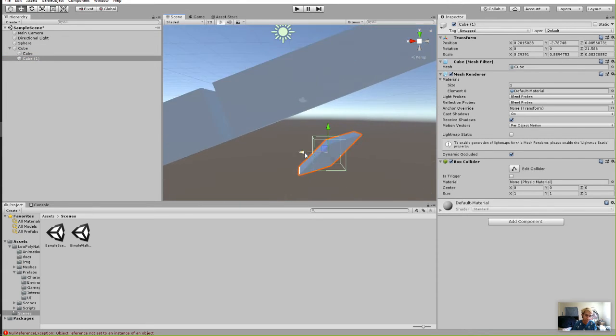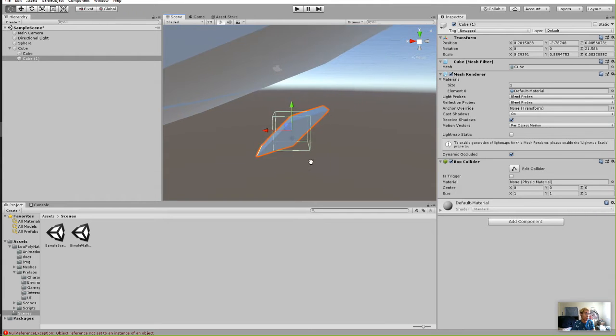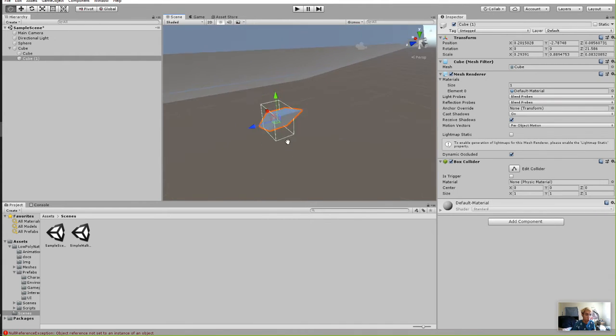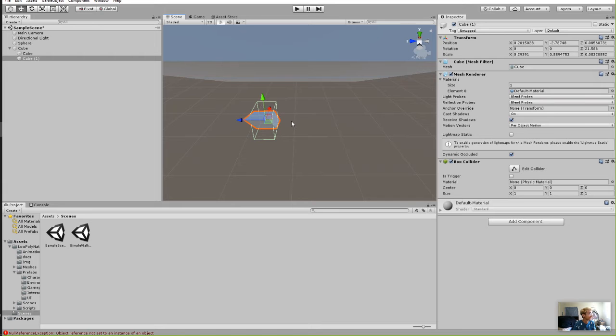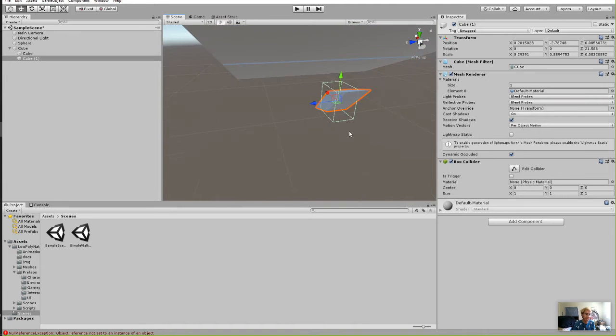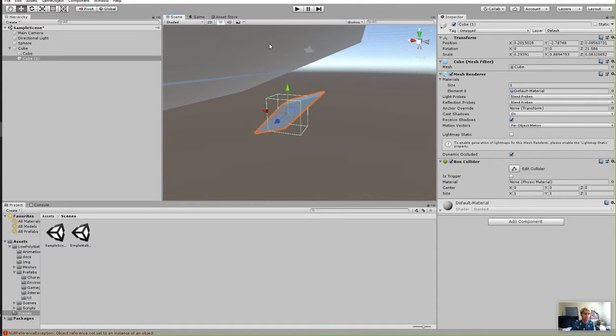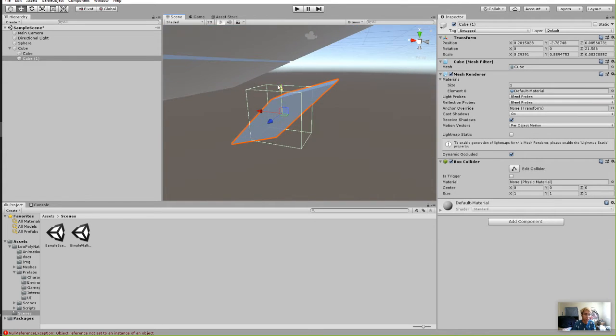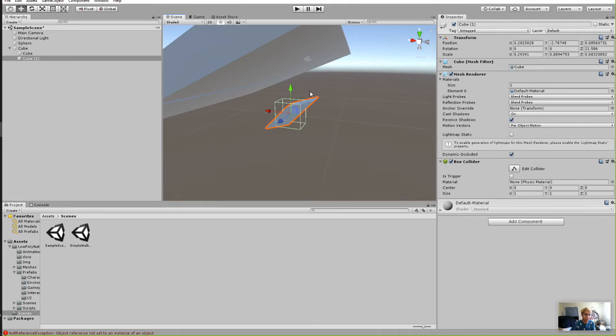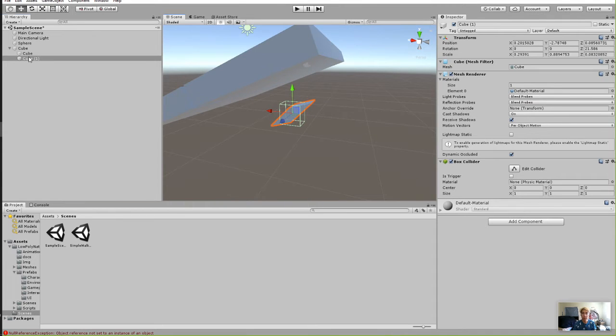But if we look at it, you can see it's got that crazy property that I was talking about, where it's like, whoa, what is going on with this object? That is not what we wanted. I wanted this slightly tilted big floor object, and I wanted this thing to look normal down here. And you can see even the colliders are not correct. That's not going to be useful for us. So what we can do instead, and this is a common pattern when you need to do this kind of work,